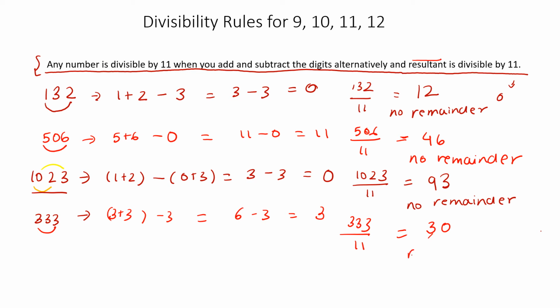Giving us a remainder of 3. And so this example shows that when the result is not divisible by 11, and if it's not 0, then the number is not divisible by 11. Moving on,